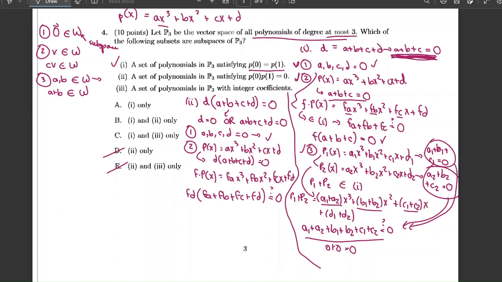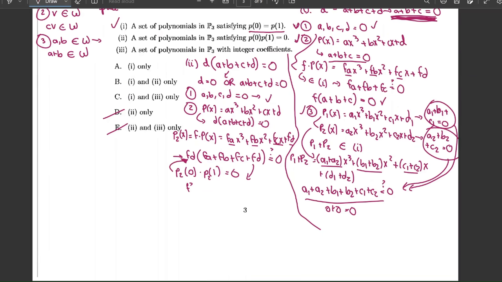And I think maybe I should clarify that we get this from doing p0 times p1. In this case, I'll call this p2 of x. We're basically just doing p2 of 0 times p2 of 1 equal to 0, and that's how we get this expression. We're just making this our new polynomial that we're testing, and seeing if p2 of 0 times p2 of 1 is equal to 0. And that's how we get this expression here. So, anyways,